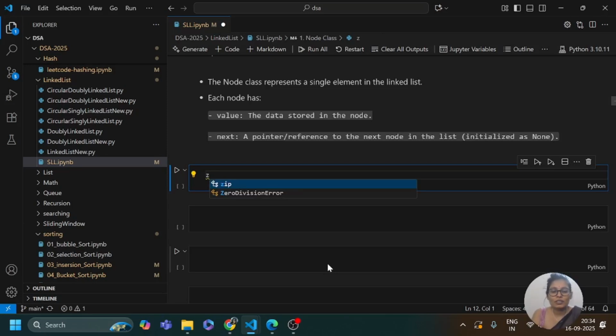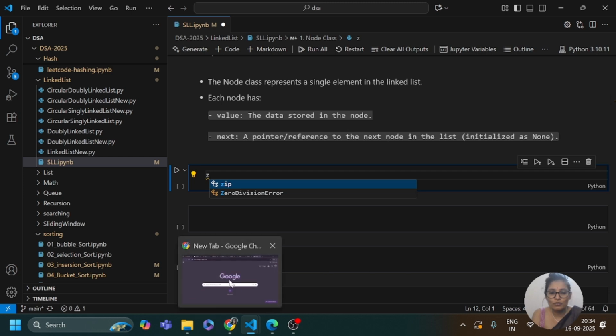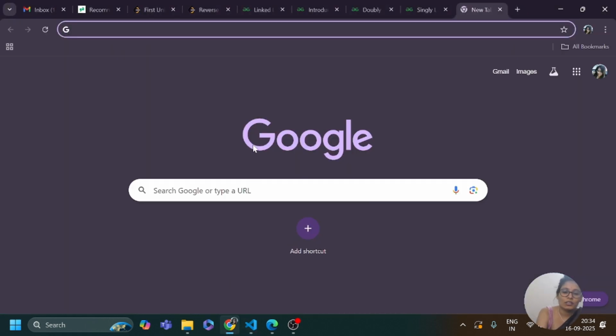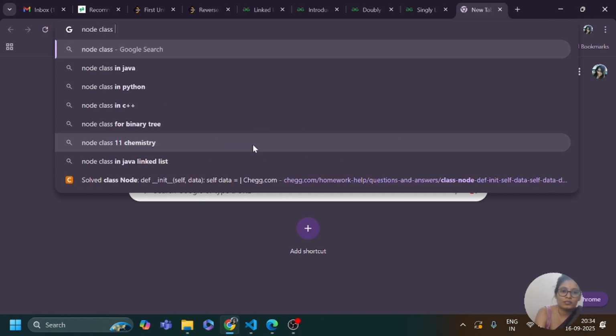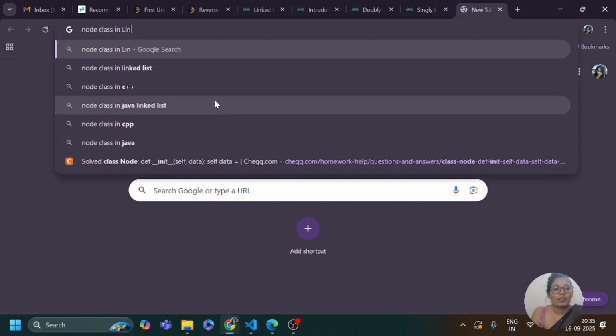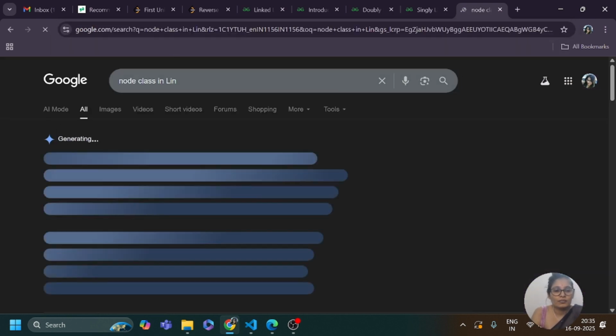Now we are going to run operations of LinkedList. First of all, we need to create the Node class. What is the Node class in LinkedList? Okay, so here we can see